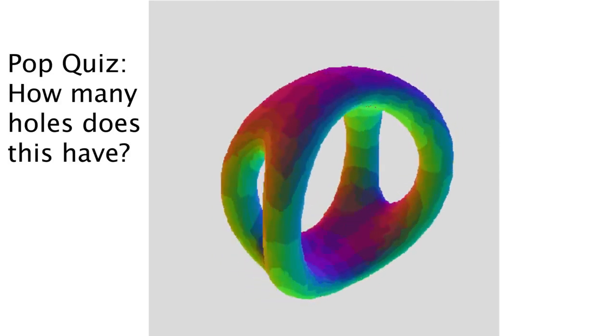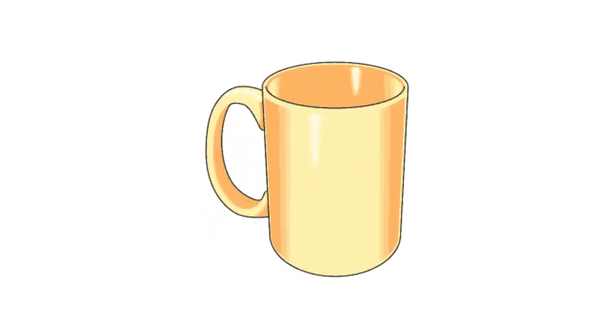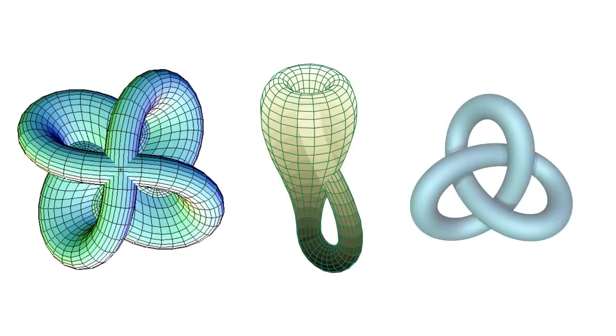For this reason, in topology, they famously say that a donut and a coffee mug are the same thing. The question of whether you can morph one object into another, or whether the two are homeomorphic, is important within topology. You'll analyze complex shapes, higher dimensional objects, knots, and so on.